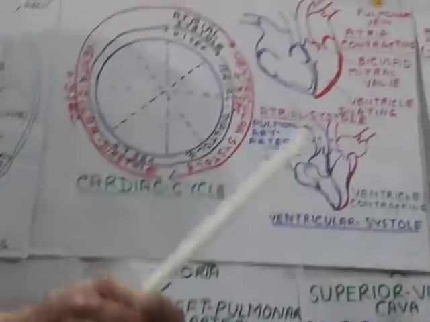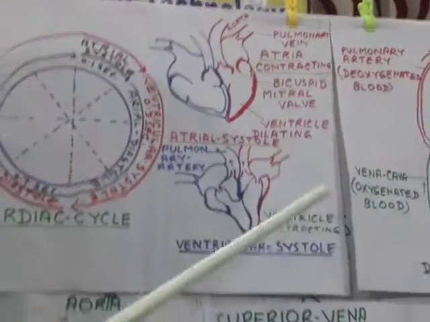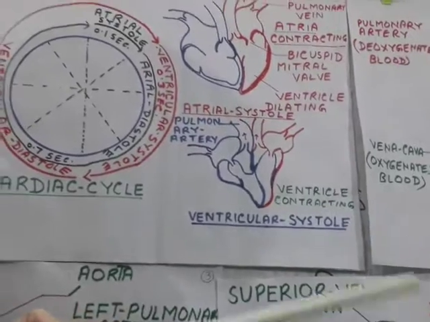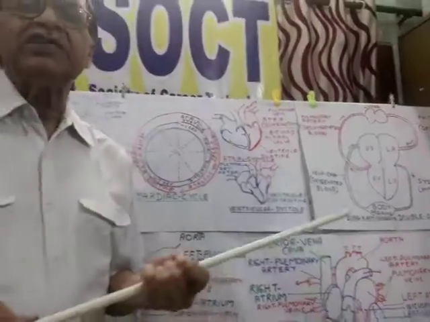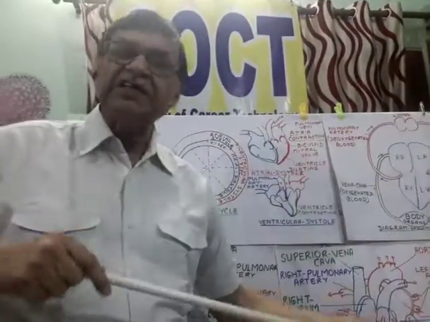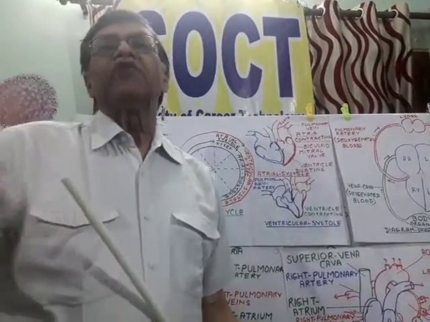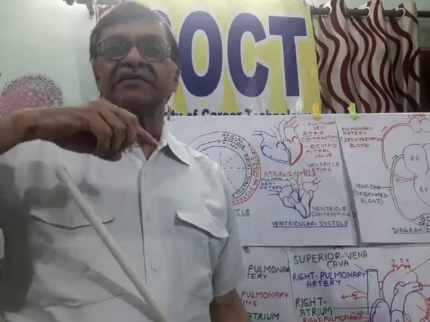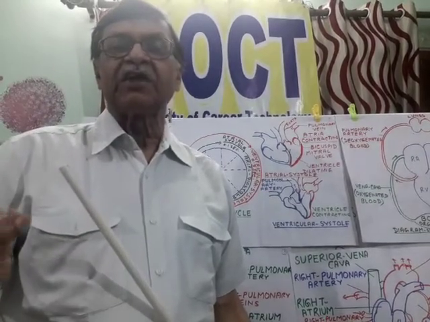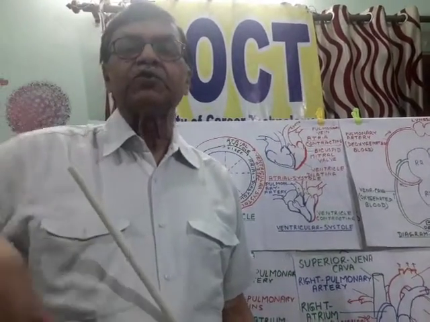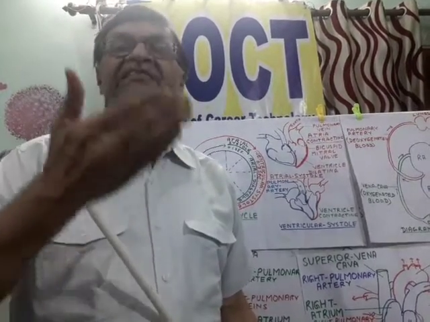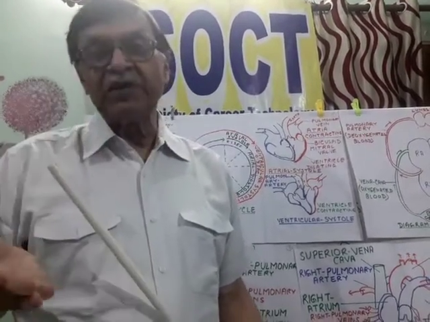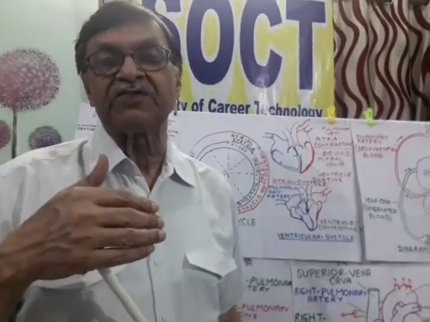Now, one interesting fact is that in the heart of birds and mammals, we get double circulation. Double circulation means that after blood returns from an organ, before it next reaches that organ, it passes through the heart 2 times. And there is complete separation of pulmonary circulation and systemic circulation. Why?